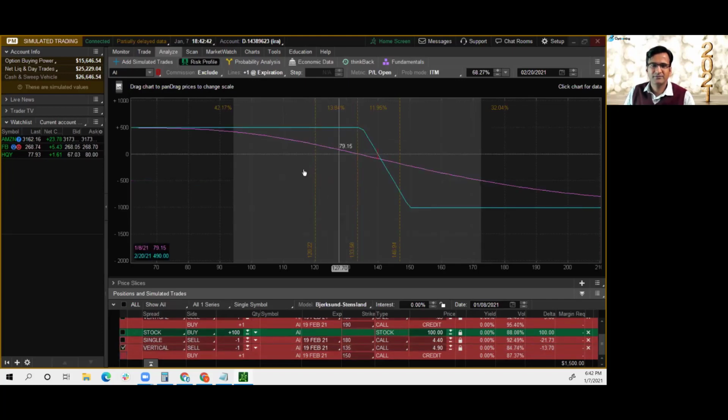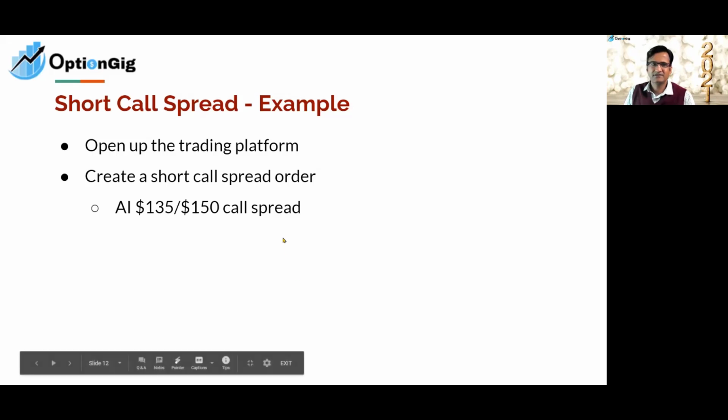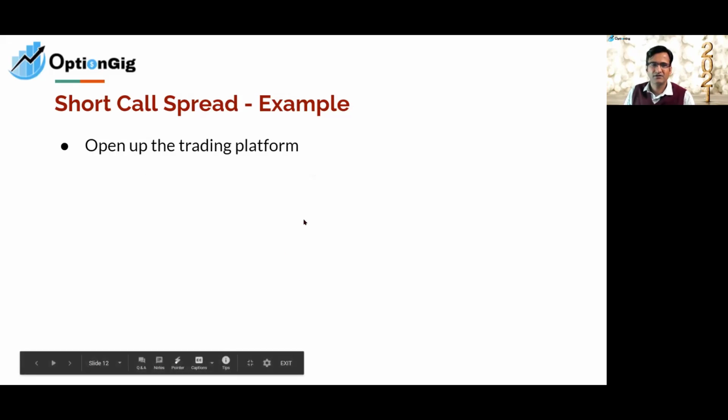So this is an example of selling a call spread. This is because I don't have any shares of AI. This is a bearish strategy for me. I'm bearish on AI. This will profit if AI goes lower. If AI starts to rise, I start to lose money, but my loss is protected beyond $150 because I bought a call at 150. Again, let's understand the basic call